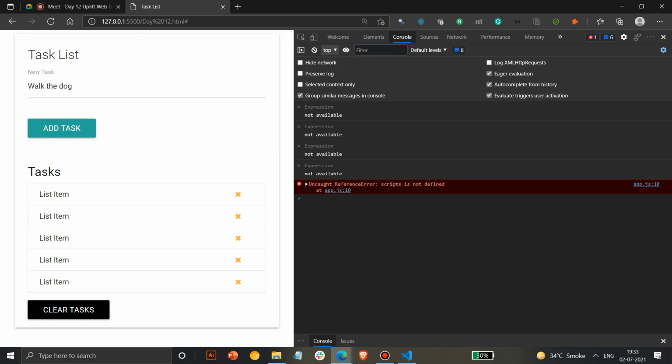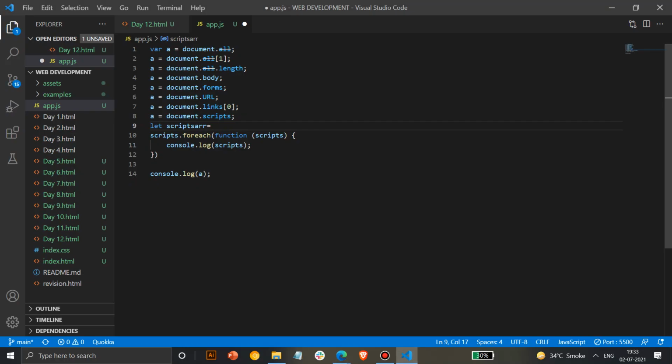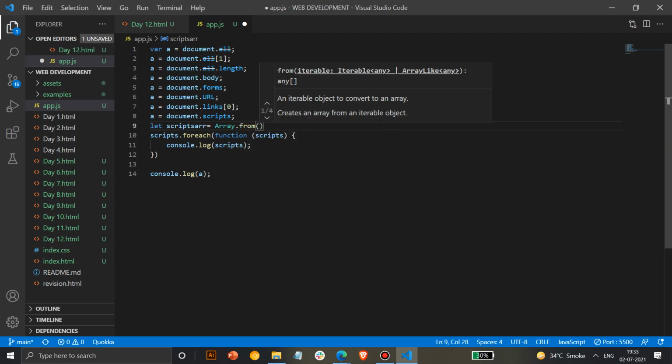But in JS, the concepts are a little bit different. They are not directly the same. So whenever we have to convert to an array, you have to use Array.from. That's a specific keyword. So Array.from, and then what you have to convert.